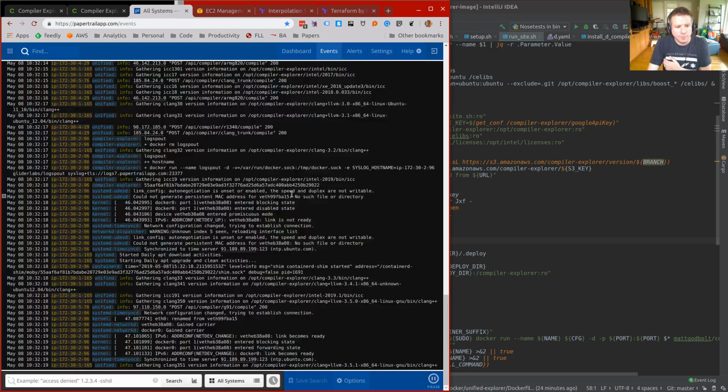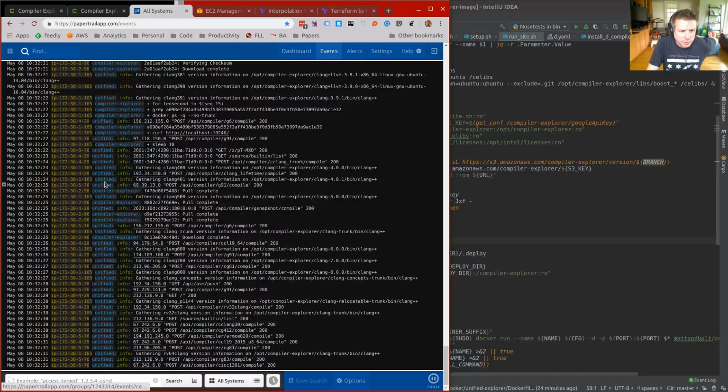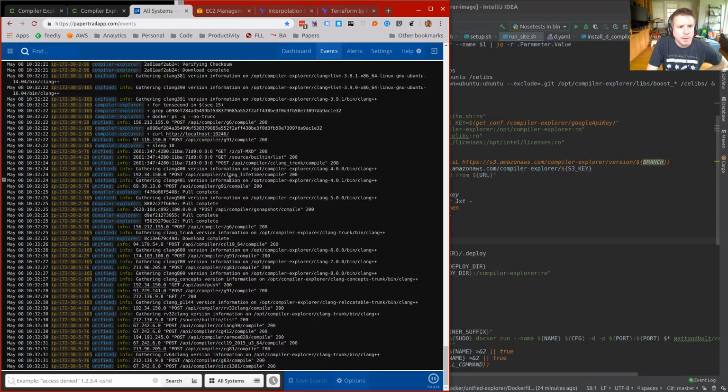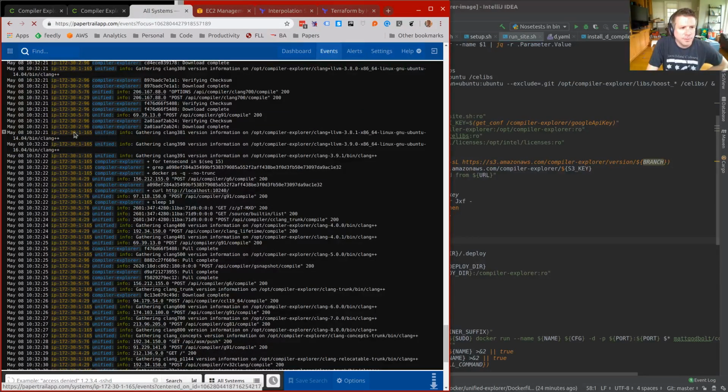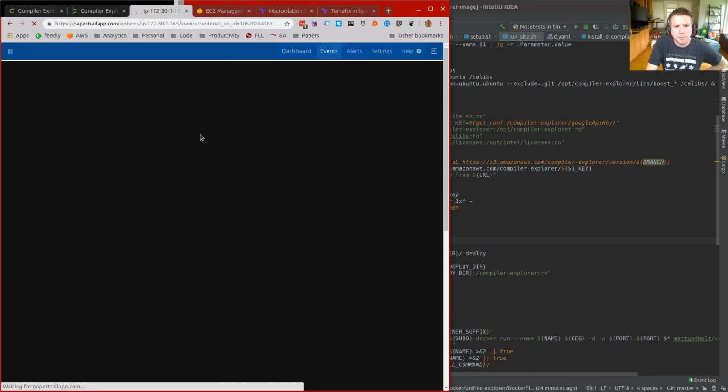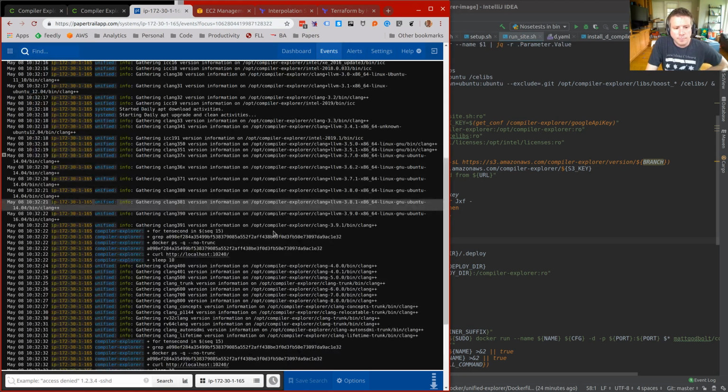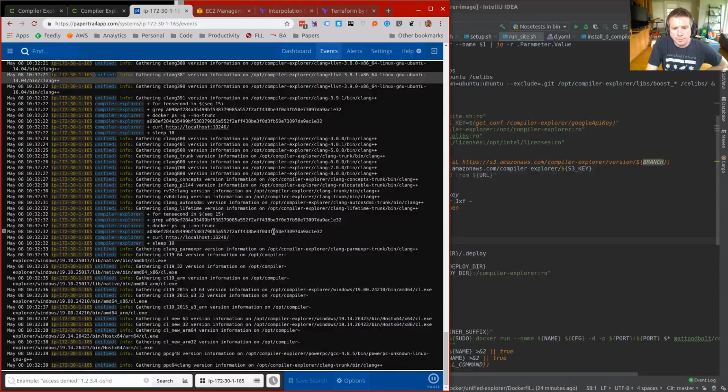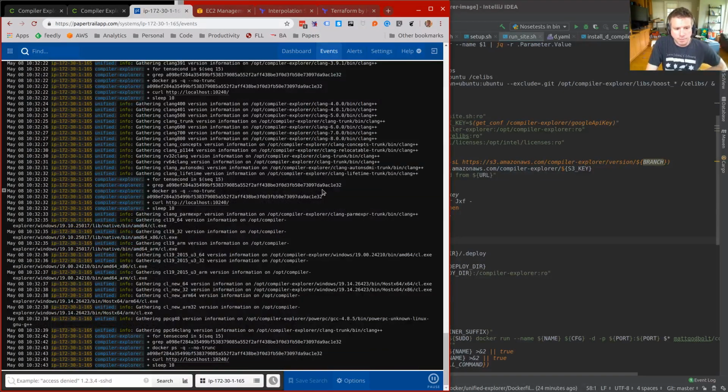Papertrail here is the system I use to tail all those logs. So you can see that this is unified here. If it's a unified-beta, I would know it's the beta site. And let's pick on this one, for example. This is one of those two that have just fired up. It's running all of the compilers right now to get all of their version names, and it just takes a very long time to do that, unfortunately.